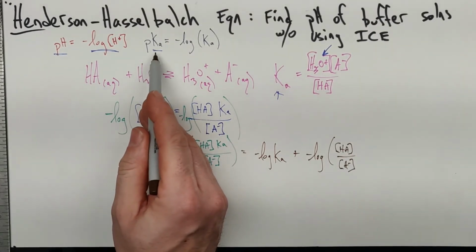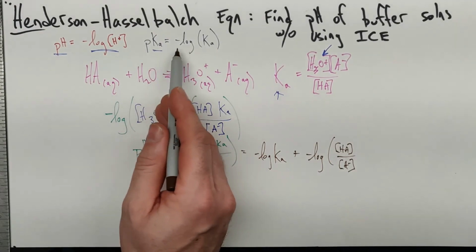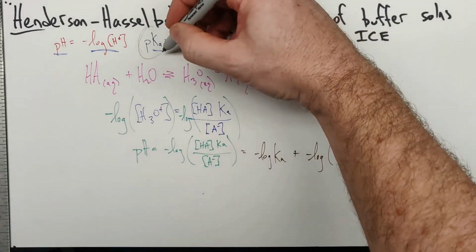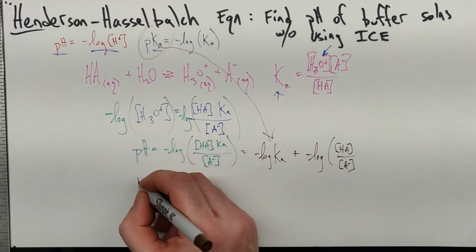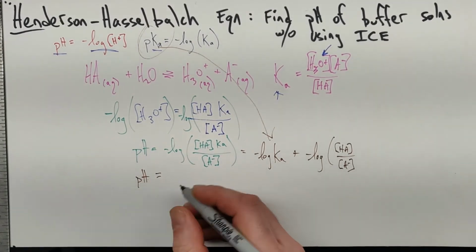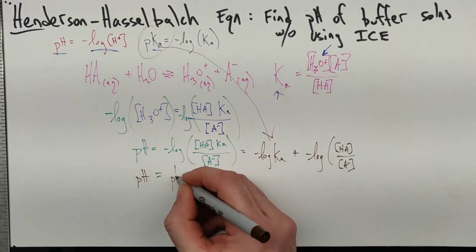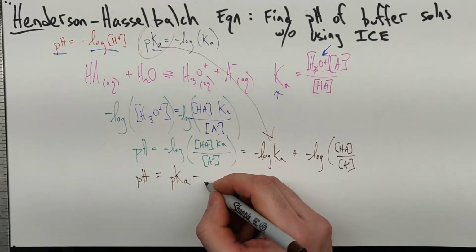Alright, and we know that the negative log of Ka is pKa, so I can take this and substitute it in right there, and we end up with pH equals the pKa minus the log